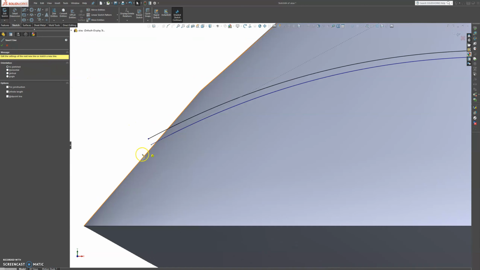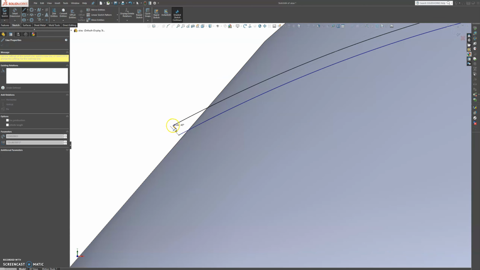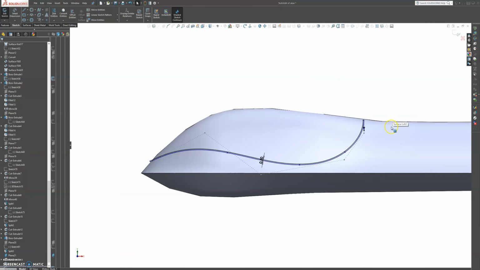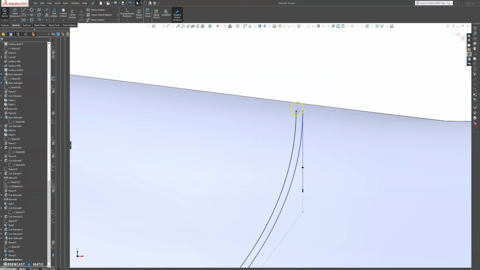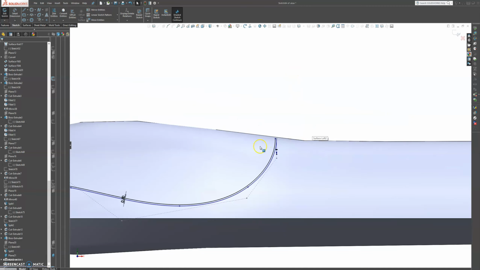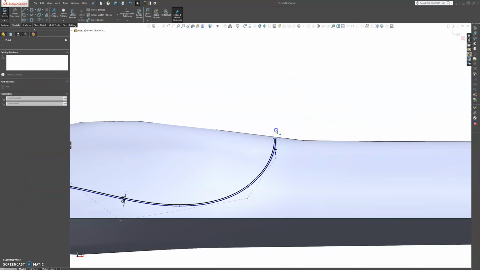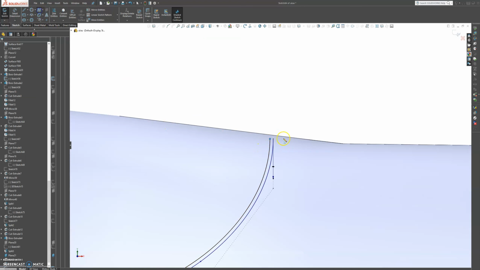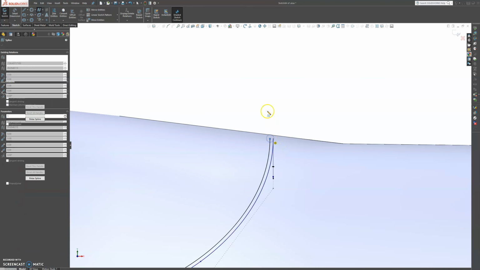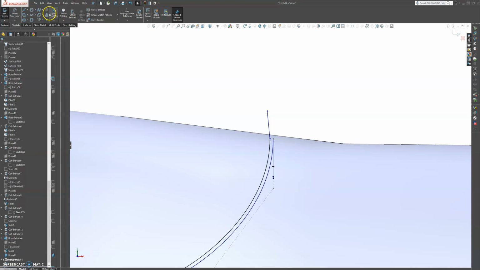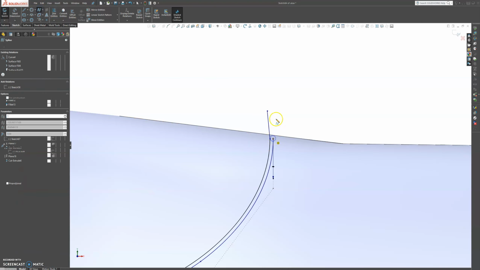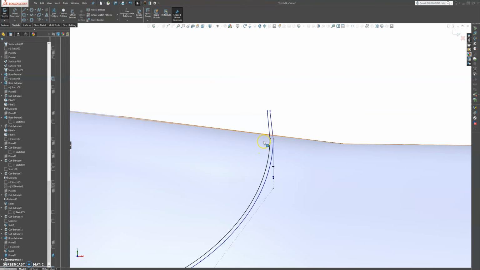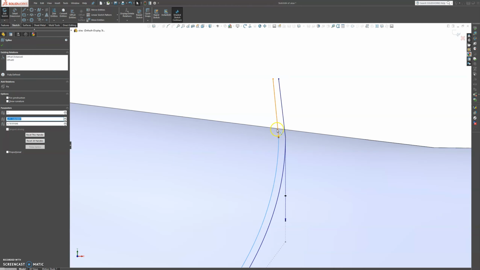Then I'm just going to close up these lines here. Let's close these lines up. And let's make sure that these lines actually go past our parts. Okay, so that's one. That's two. Something like that. Exit, and what we're going to do is we're going to select this line and this line,